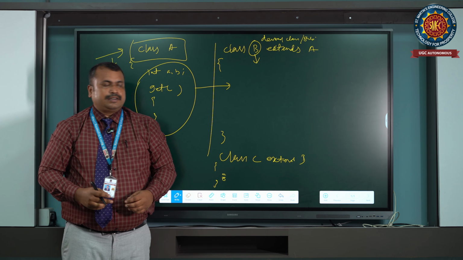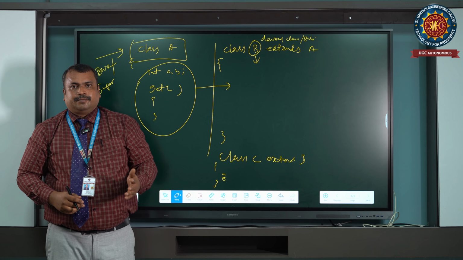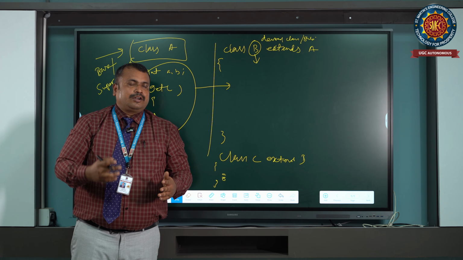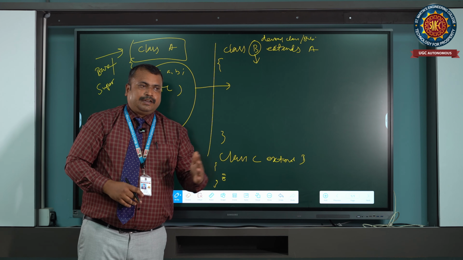The advantage of inheritance is code reusability. You need not do the programming again and again.